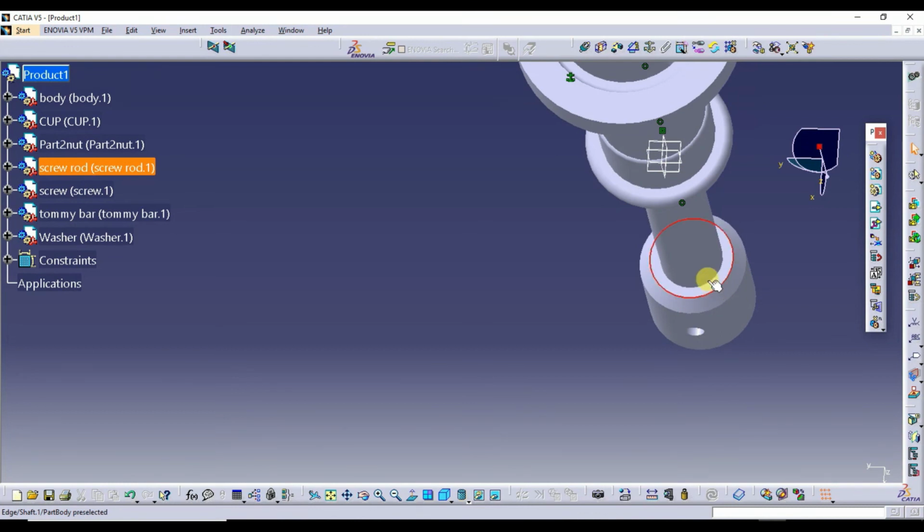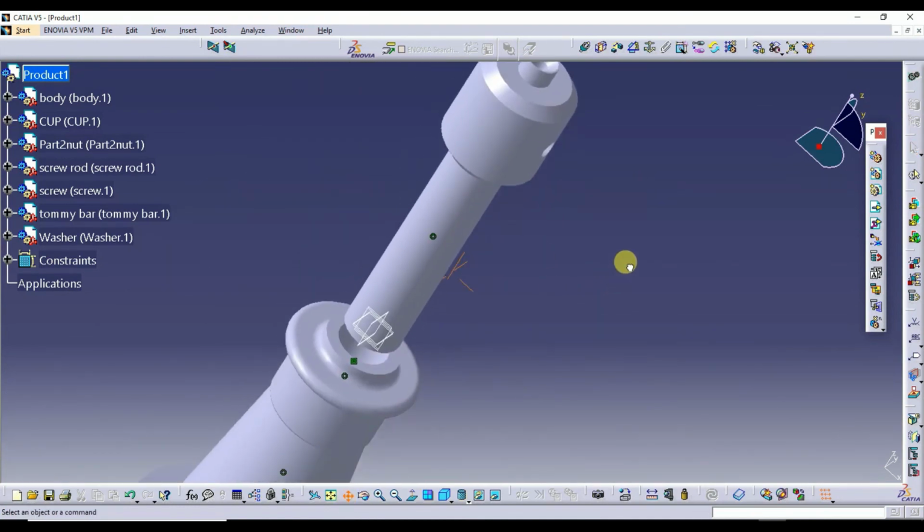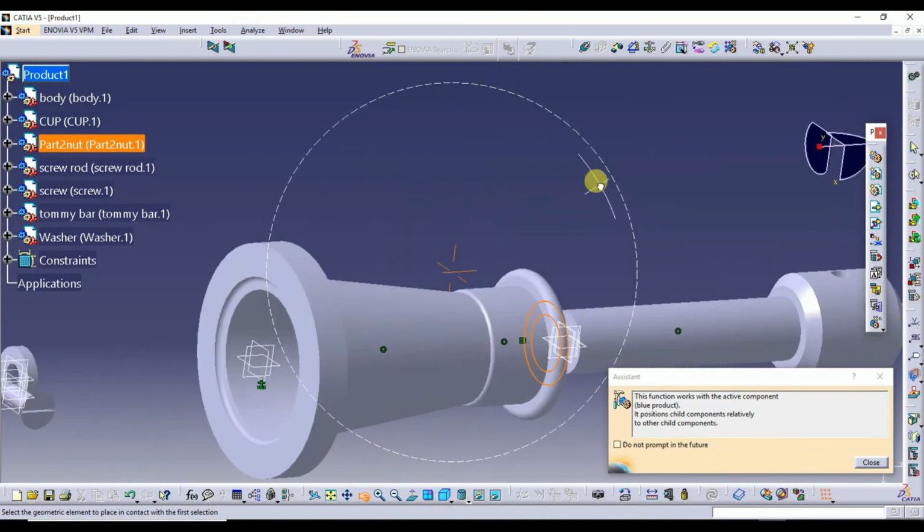On this surface, next this surface should coincide. So I'll go for the contact, this surface. I'll rotate this.